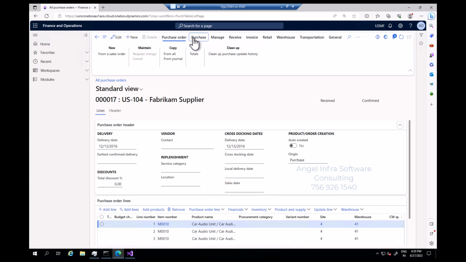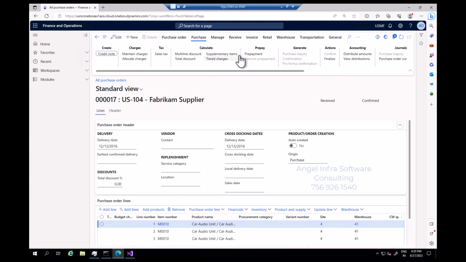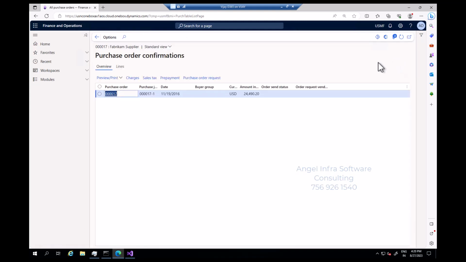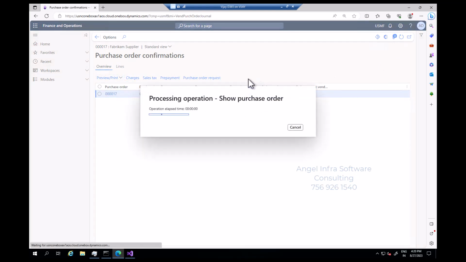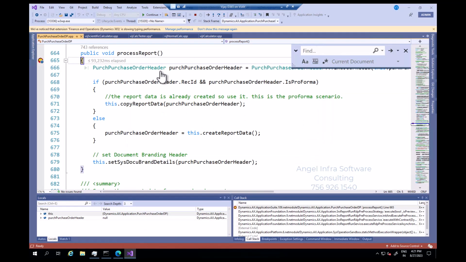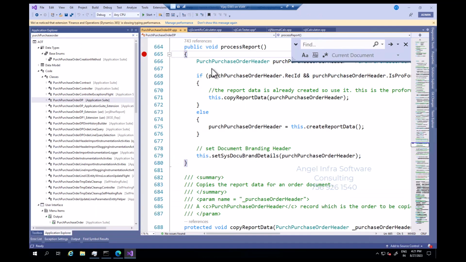Here in the purchase journals, the purchase order confirmation. I would like to debug the code behind this print management. So I've already identified the report and the DP class for that. Now I'll start debugging. Before that, I would like to explain how you attach the process